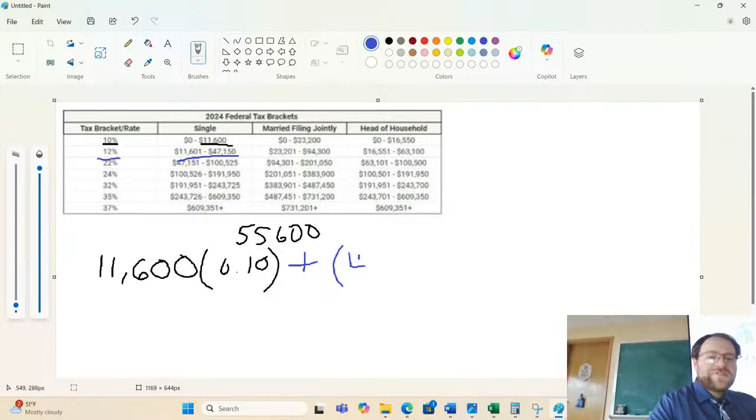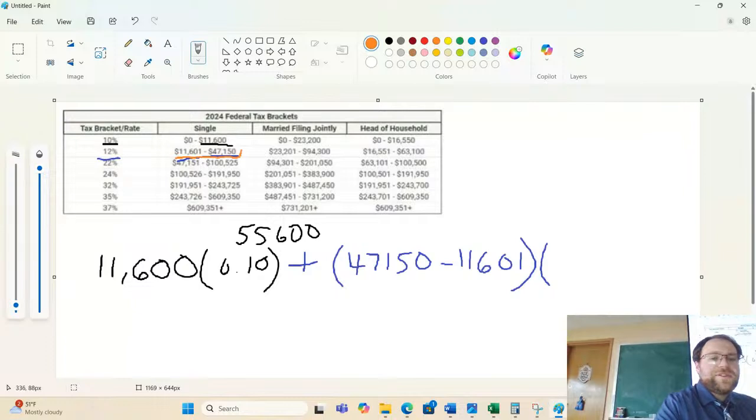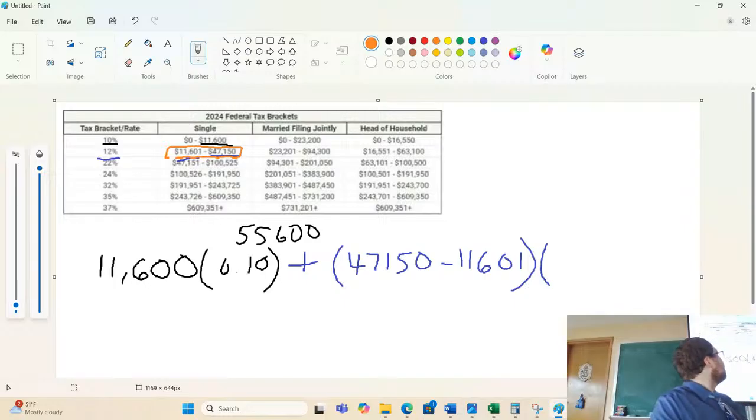So whatever that difference is, 47,150 minus the 11,601. So why are you subtracting those? Just so we know how much money is going to be in that range of numbers. So why aren't we just going by, like if it's 55,600, because 55,600 is in between 47 and 100, why aren't we just taking 23%